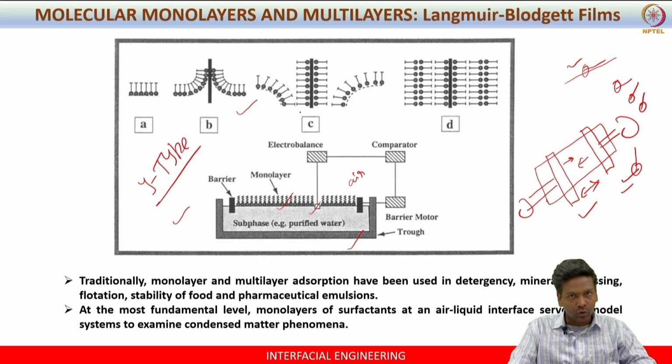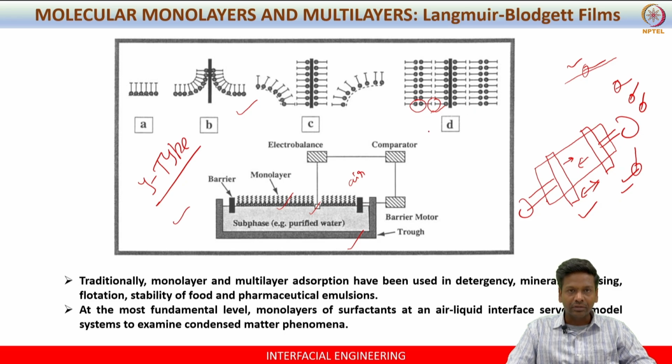So when you obtain two monolayers in successive strokes, you will be achieving the architecture close to Y type film in this way. That is like a tail to tail and head to head arrangement. So you will see there is head to head and tail to tail arrangement, right, in this case. This is possible when you achieve a film at every cycle, at each stroke. That means when you lift, you pick up a film, and when you dip also you pick up a film. In this way you will get the Y type film deposition.